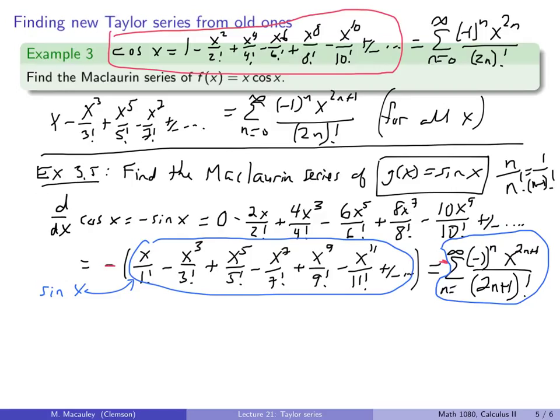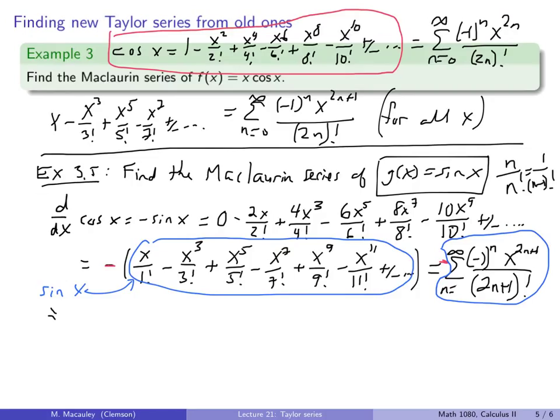Now, let me do this one more way. I said at the beginning, you can take the derivative of this, or you can take the derivative of that. Let's take the derivative of that, and let's see what you get. And see if you get the same thing. And you should, but, well, let's check. So sine of x is also equal to, let's see, so sine of x,